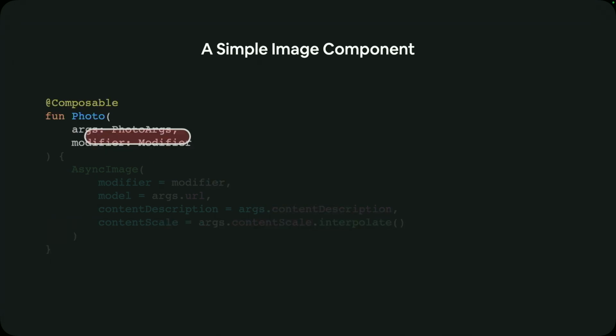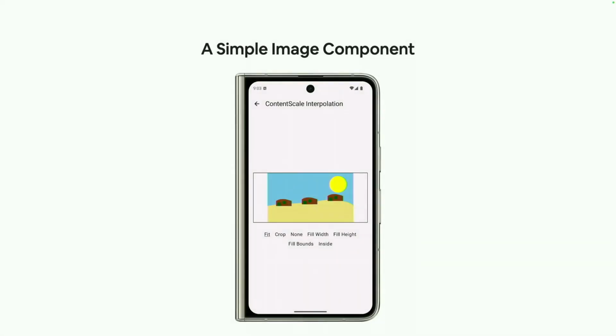When I do that, another thing I want to highlight here is you may notice that my photo composable just takes 2 arguments, and you may wonder, why did you bundle all the arguments into one? Why didn't you pass everything piecemeal? There's a very good reason for that. I'm going to come back to that, I promise. But with that, I get this composable image where as I tap it, I can scale with no object allocation,